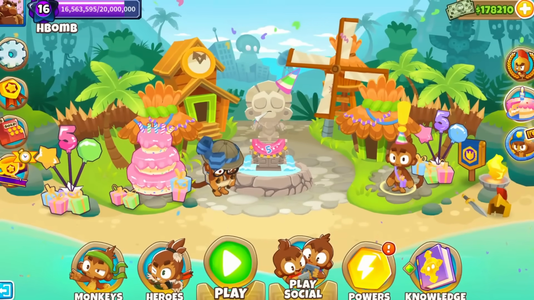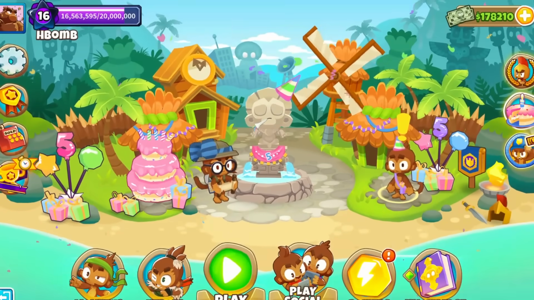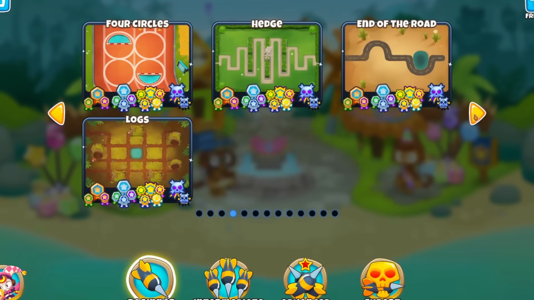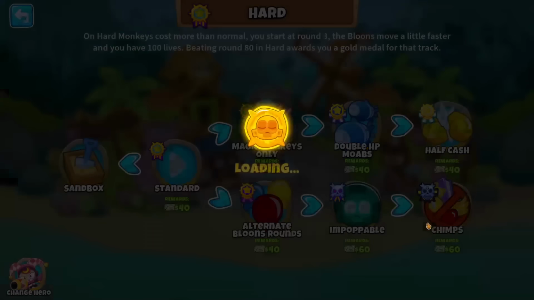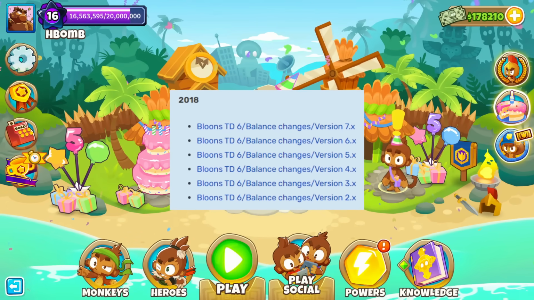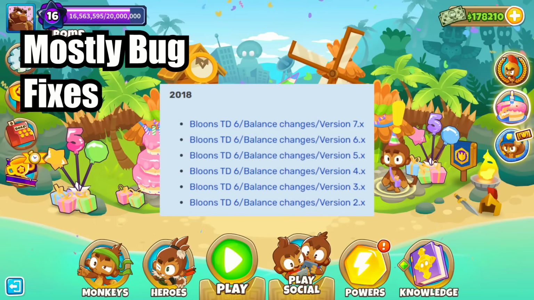June 14th, 2018, BTD6 was released. With it came the 4 initial heroes, 19 different monkeys, 21 unique maps, and 14 difficulties. With this nearly infinite number of combinations, numerous bugs could be found throughout the game. In response to this, the developers were quick to provide patches and updates focused on addressing these bugs and bringing